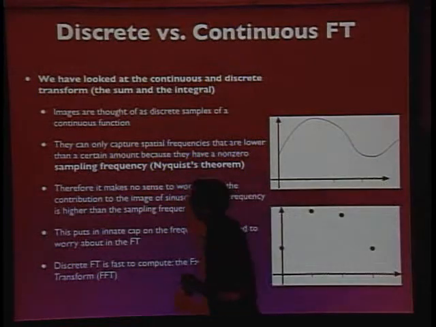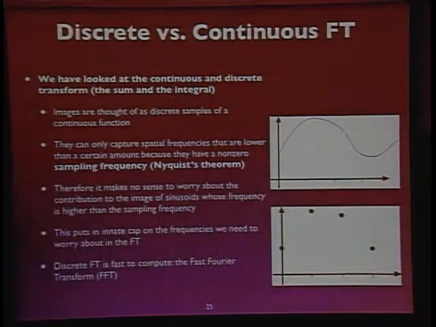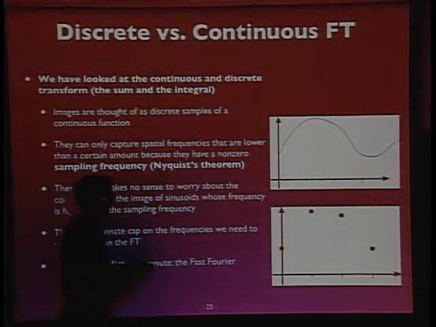So really what it's saying is that images, or your imaging device, can only capture spatial frequencies that are lower than a certain amount because they have a non-zero sampling frequency. And just to put this in a little bit plainer language,